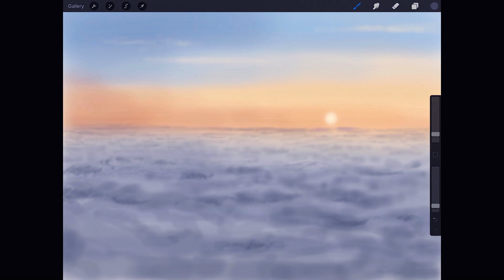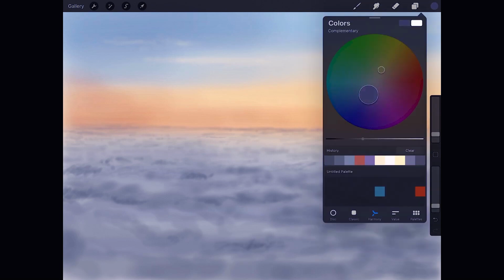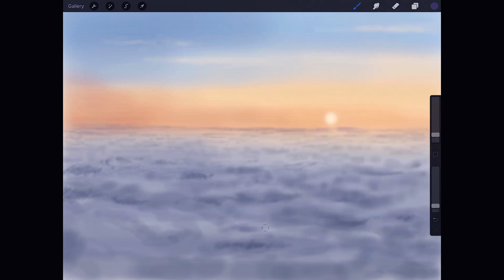Let's make it a little darker for some. It should always be soft, since they are clouds.